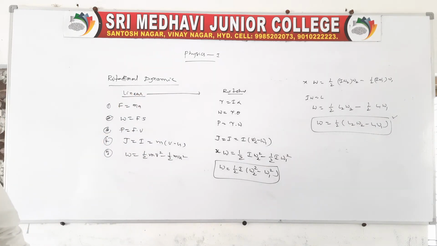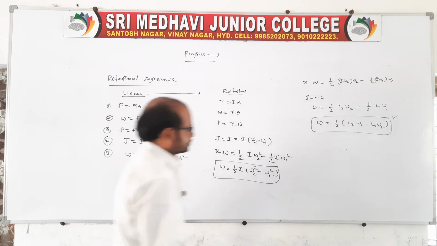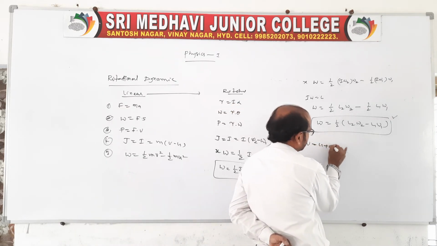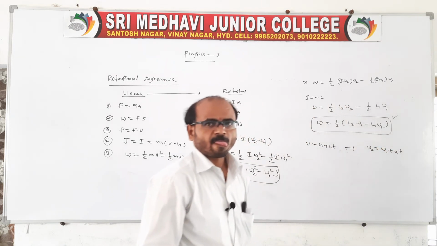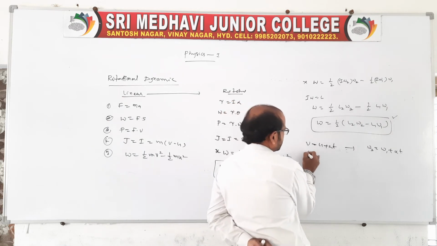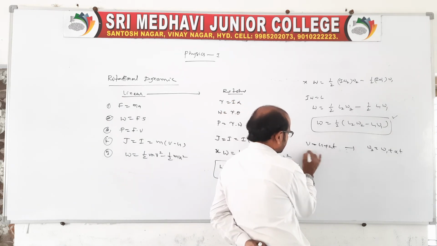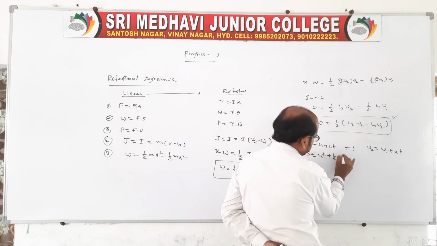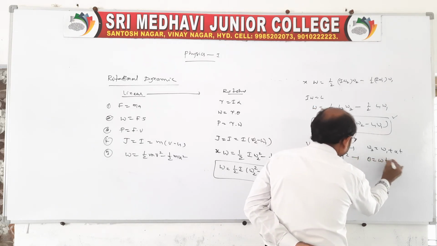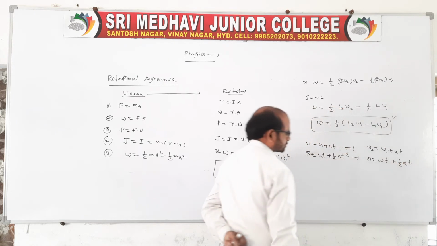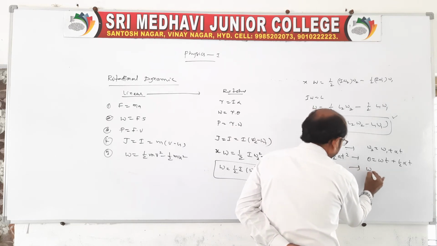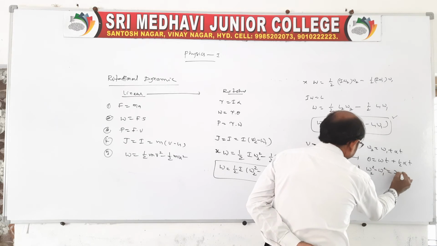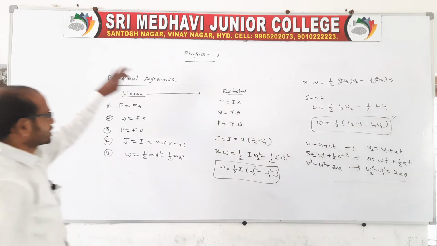Not only this, we can also take other formulas. We know v is equal to u plus at. Of course, we know this. Omega 2 is equal to omega 1 plus alpha t. This we already know. Similar expressions: S is equal to ut plus half at square. Now replace, theta is equal to omega 1 t plus 1 by 2 alpha t square. And v square minus u square is equal to 2as. Then we can take omega 2 square minus omega 1 square is equal to 2 alpha theta. Like this, all are rotational dynamics formulas.